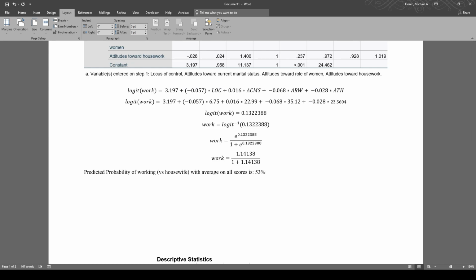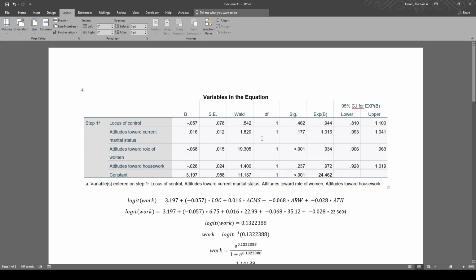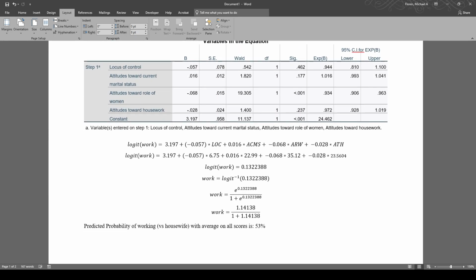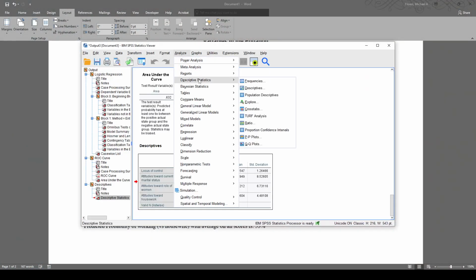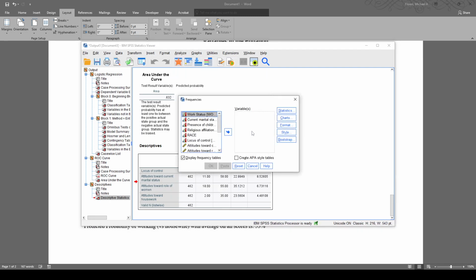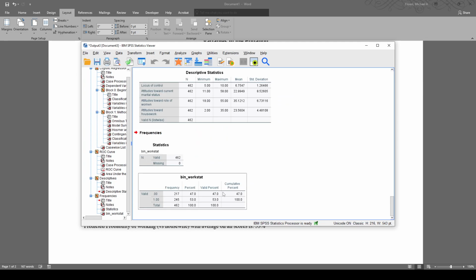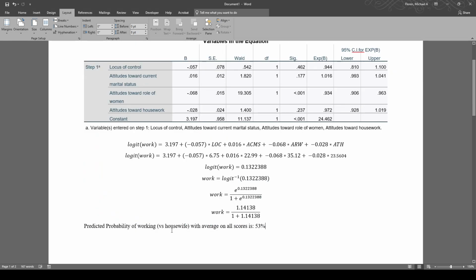In any case, so now I have this. Am I surprised by the probability? No. What this would indicate is about, on average, about half and half for the average scores are working. I could go back to my table. Actually, I kind of want to do this. Let's do some descriptive statistics on the binary work status, and I just want to see how many actually are there. About 53% are working, and in this case, there's about a 53% probability